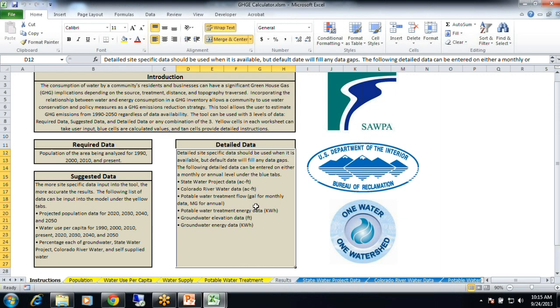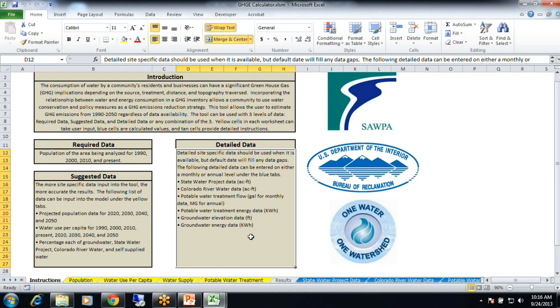Now, if you are lucky enough to have detailed data, which is right over here in this box, it's explained: detailed data is imported water data in acre-feet. You can have either monthly or annual data from 1990 to present, and also the same data for groundwater, then all of your pump data, so flows for your pumps and energy, so you can create your own energy intensity.